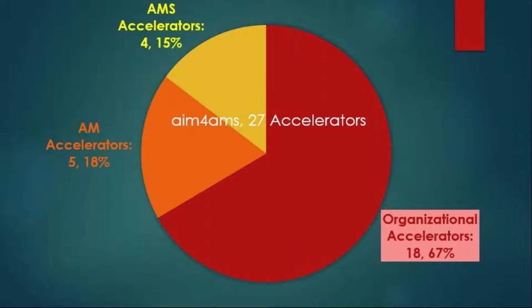So that's just 18 questions or accelerators about the organization, only 5 about asset management, and then there's really only 4 things about the asset management system that are unique to the standard, and that mainly is, do you have a strategic asset management plan? So the idea is much simpler and much easier to initially understand where you are, and much easier to facilitate a process of moving forward with an ISO 55001 system. Okay.